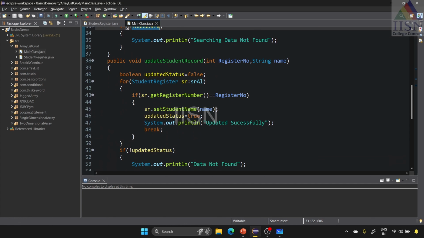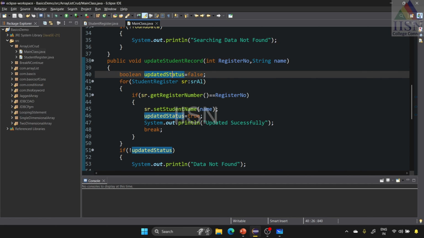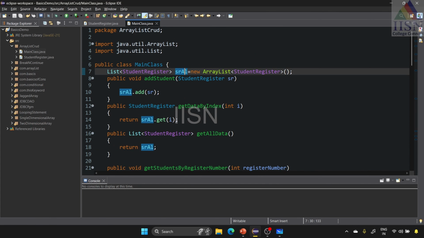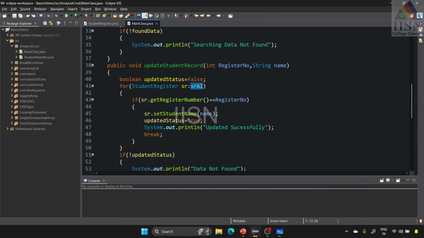Then we are going to use the update statement. In the update statement, we are going to pass two pieces of information. One is the register number, and another one is the name. Initially, we set the update status variable to false. Here the same thing, we are going to search on each record. SRAL is nothing but the object of this array list. Here we are going to pass each record, and if the given register number is matching with the value which we have here,